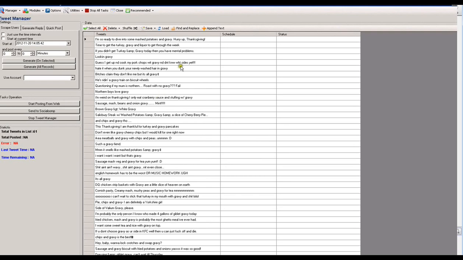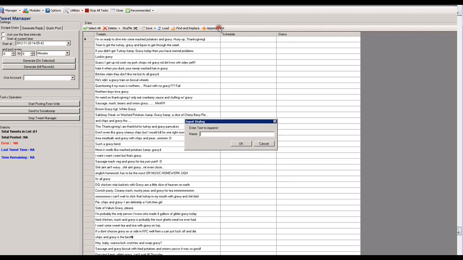It's a big deal. Now what you want to do is append the text. What you do here with appending the text, let's just say, click here, for example, and then leave a space. I'd always put a hyphen by it, then put H